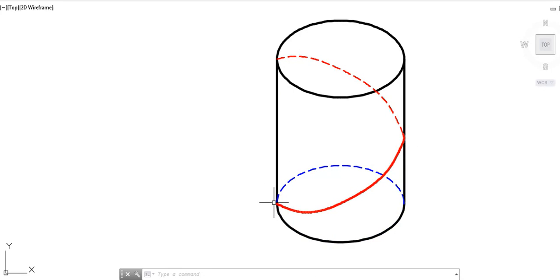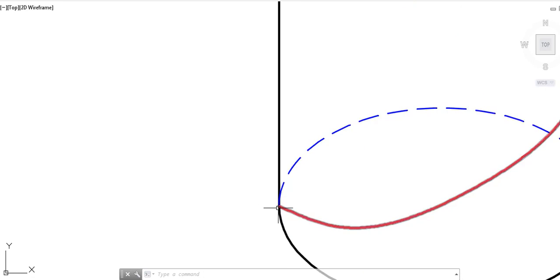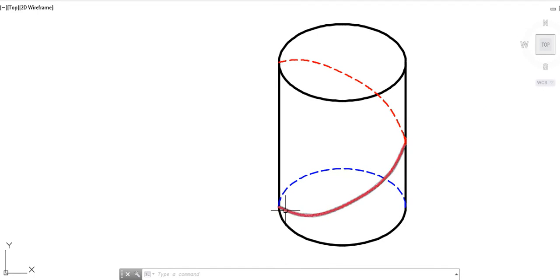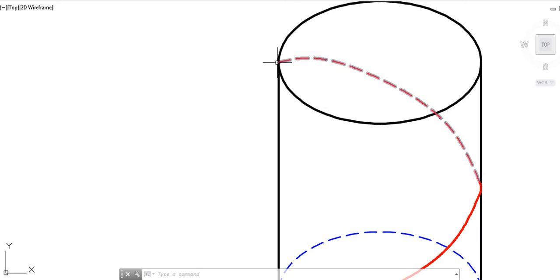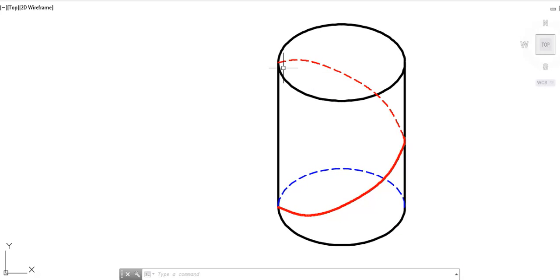A helix could be the path of a point. Let us say there is a point present at this particular level. As it moves along the curved surface in a spiral manner, in one revolution it covers a distance of 80 mm. It is very evident that in one revolution it will come back to the same plane where it was originally placed. That is how the maximum height of the cylinder in this case comes out to be 80 mm. That is the logic associated with this problem.